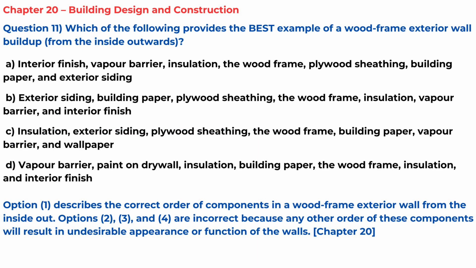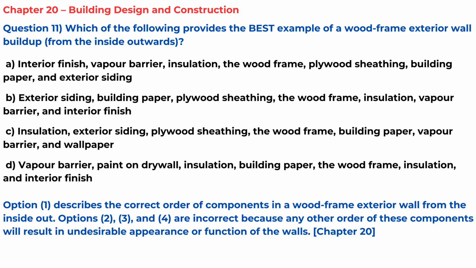Question 11. Which of the following provides the best example of a wood frame exterior wall buildup from the inside outwards? Option A describes the correct order of components in a wood frame exterior wall from the inside out. Option A is interior finish, vapor barrier, insulation, the wood frame, plywood sheathing, building paper, and exterior siding. Options 2, 3, and 4 are incorrect because any other order of these components will result in undesirable appearance or